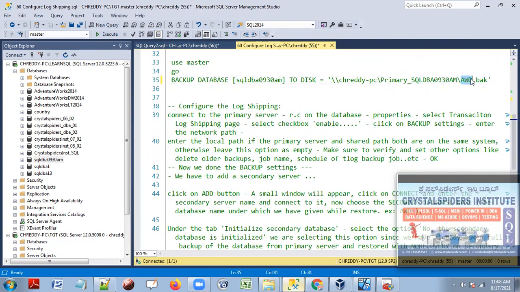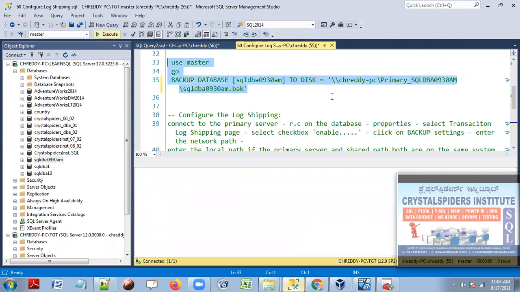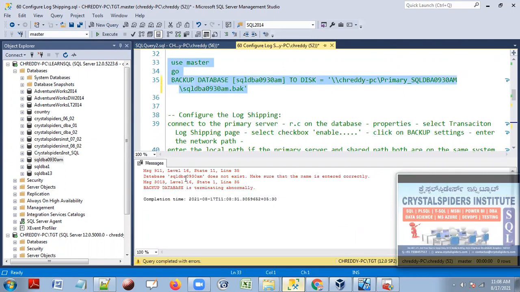Let's say the backup file name is SQL DB 9:30 a.m..bak. I'm going to execute this command, guys. It will take the backup of this database. Right now we are connected to the TGT server.